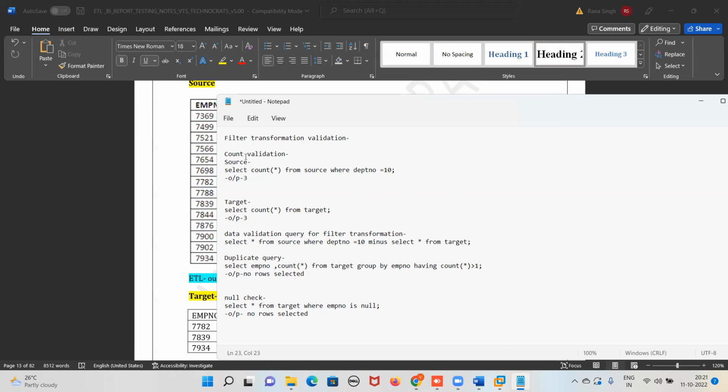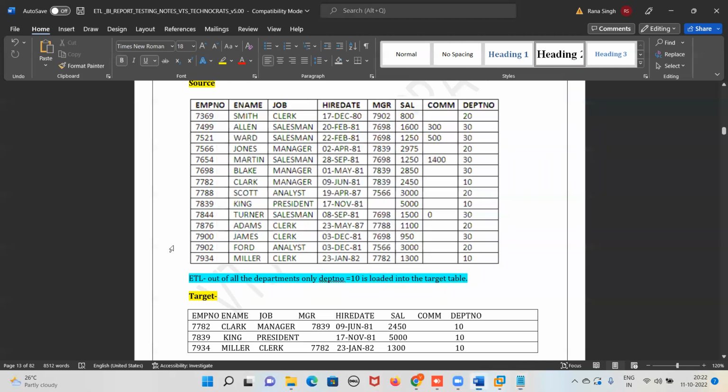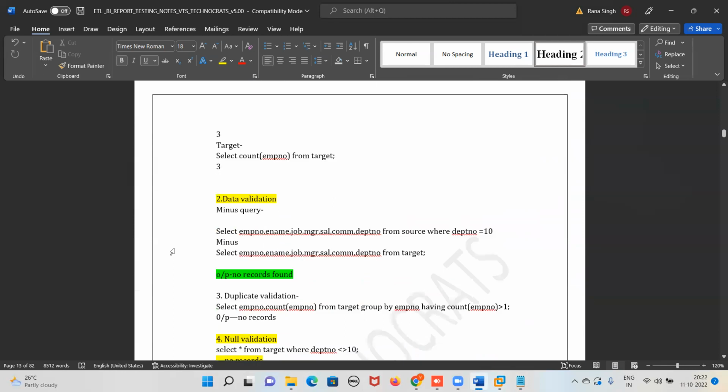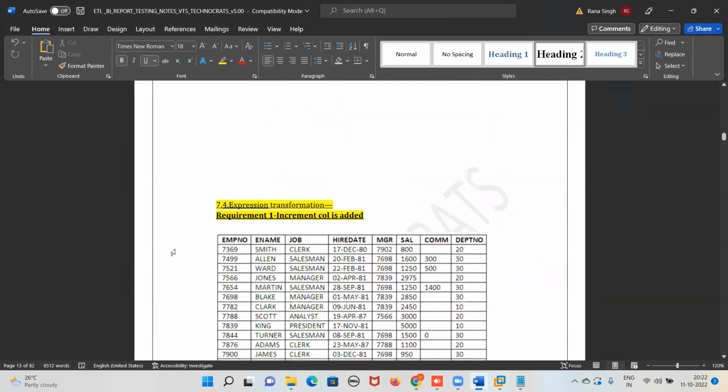That's okay. Did you understand, guys? This count validation, this data validation, this duplicate, this null. Yes or no, guys? Any doubts? Just ask me now. Guys, tell me yes or no. Is it fine? Now this is fine, guys. If you have understood filter transformation,